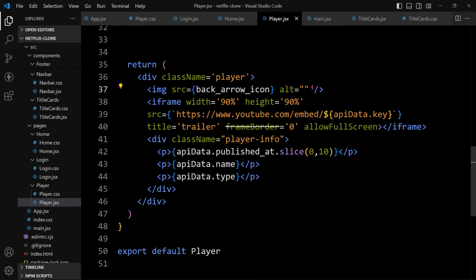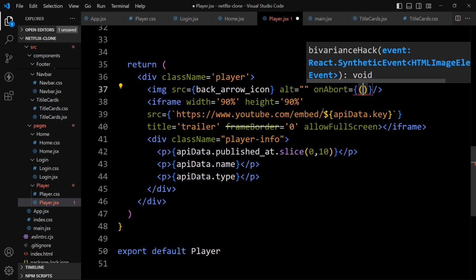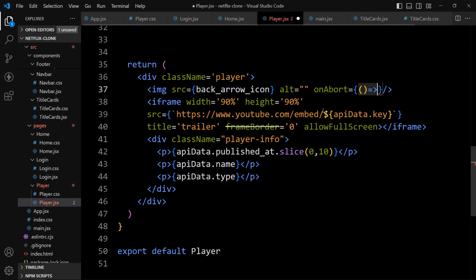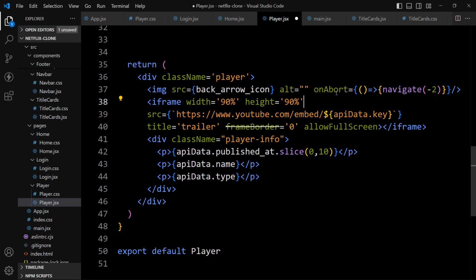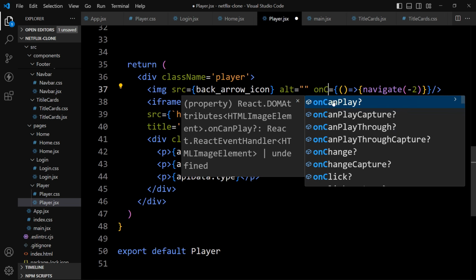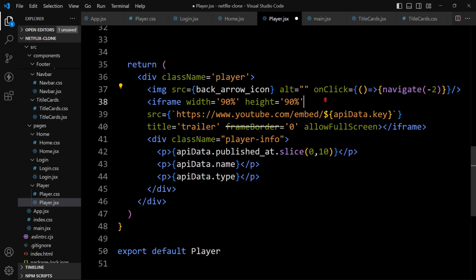So in this image tag we will add onClick property, and we will provide one arrow function, and in this arrow function we will provide this navigate, and let's add parenthesis. In this one we will add -2. That's it. It will be onClick like this. Save the changes and open the web page again.